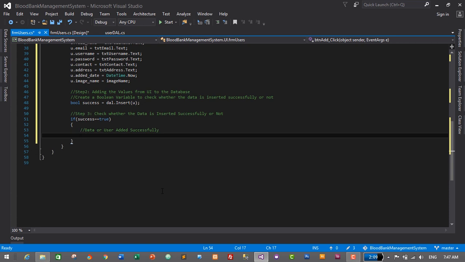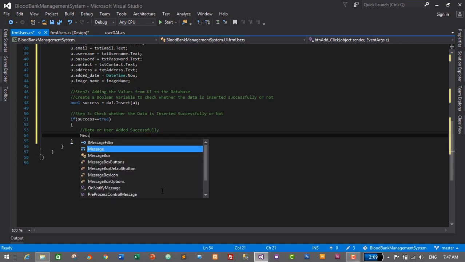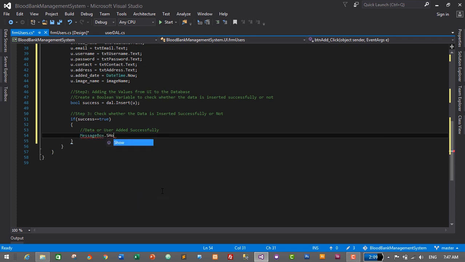successfully. So when the user is added successfully, we need to display the success message. So message box dot show, and we will type the message here: new user added successfully,